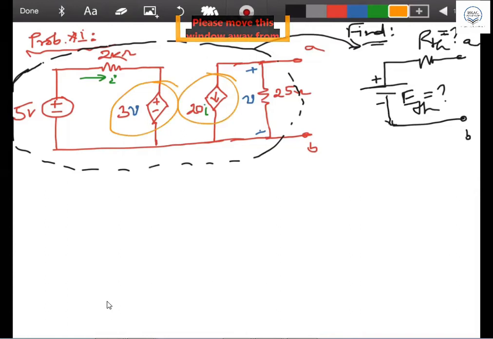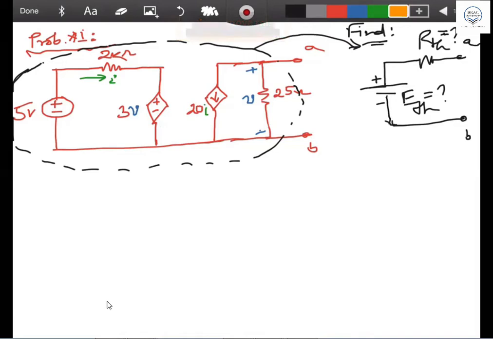The 5 volt is the independent source, but these two dependent sources are making trouble. They are present in two different parts of the circuit. This is a hybrid model of a transistor. You'll come to know later when you go for an electronics course. So these two parts, circuit A and circuit B,